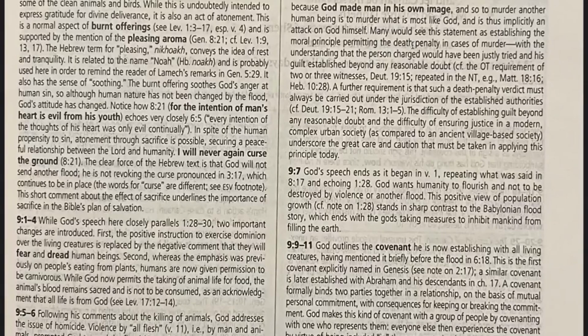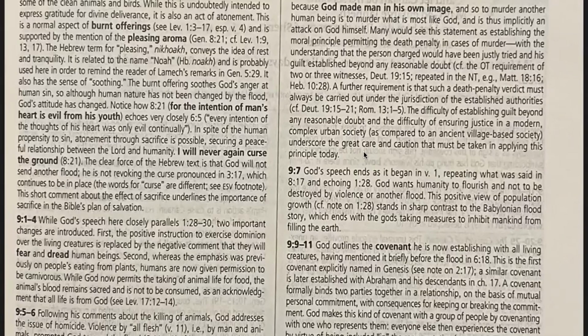How much murder, how much slavery was done with the excuse of, well, those people are less than human or subhuman or a second tier of human, right? So we don't want to get into that game by getting the idea of the Imago Dei, the image of God, people being image bearers. We don't want to get that wrong, so that we can protect life. All right, moving on. Chapter 9, verse 7.